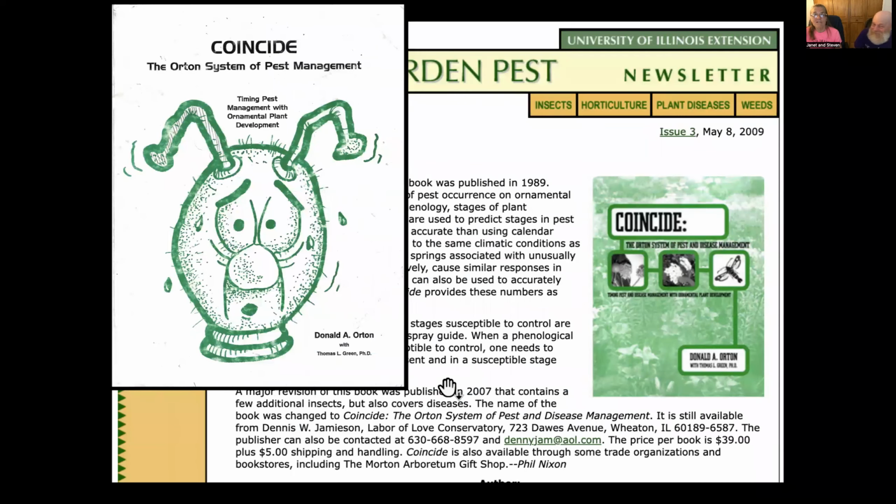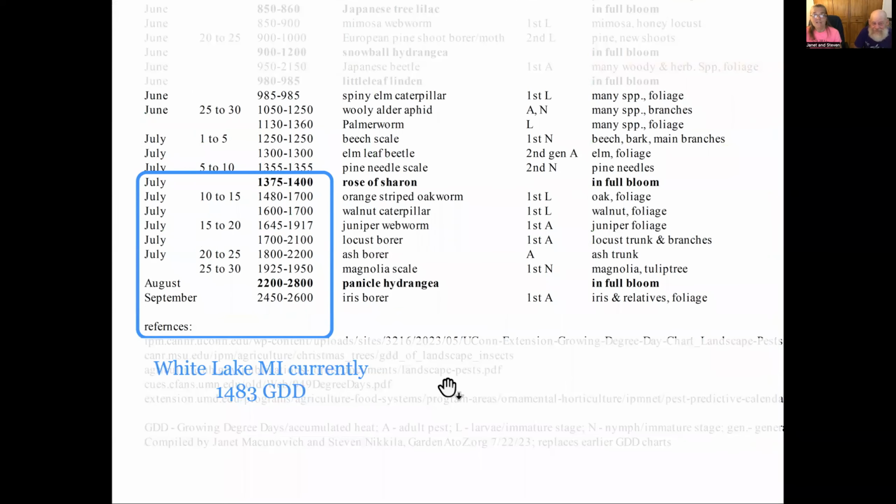Right. So keeping track of growing degree days is why we gave you links to find out what your growing degree days are. We told you about a book, which, thank you very much Tilly, found that there's a great one, although this is out of print and much treasured by the people who own it, so it doesn't show up in used bookstores very often. She told us about